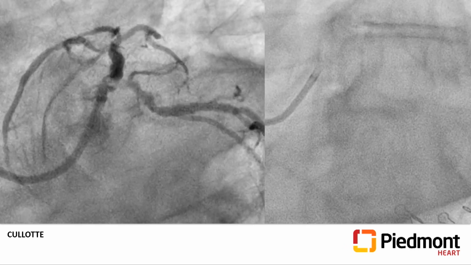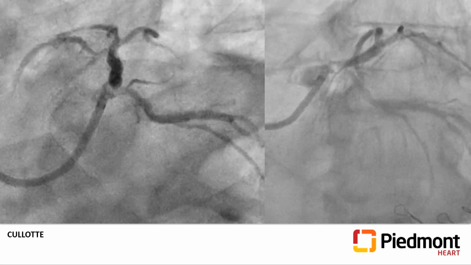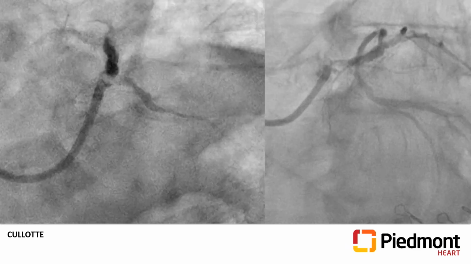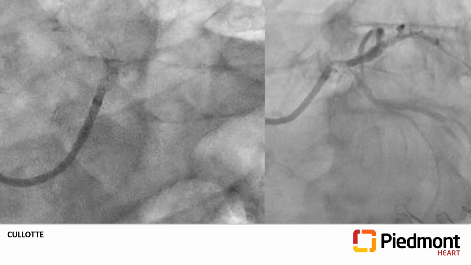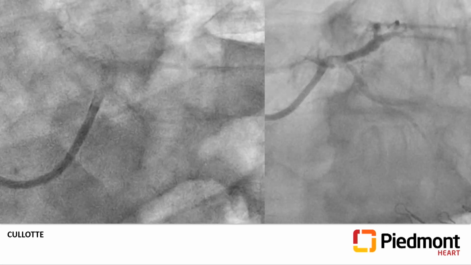Okay, and here's another example. This time we opted for a culotte. You could equally have done a DK crush here. But very high-grade calcified disease. In this case, we needed to,